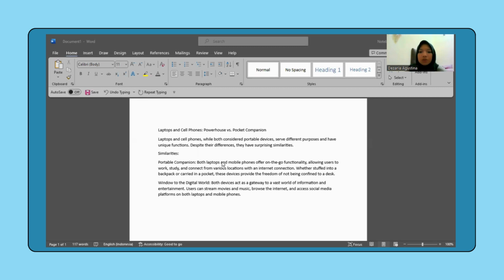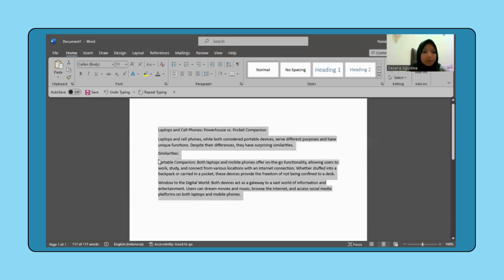Word allows you to fine-tune the line and paragraph spacing in your document. In this example, I'd like to start by changing the line spacing, which is the space between each line of text. I will start by selecting some text. Just click Ctrl plus A like this. If you want to select just a word, double click and drag your cursor. Okay, Ctrl plus A.